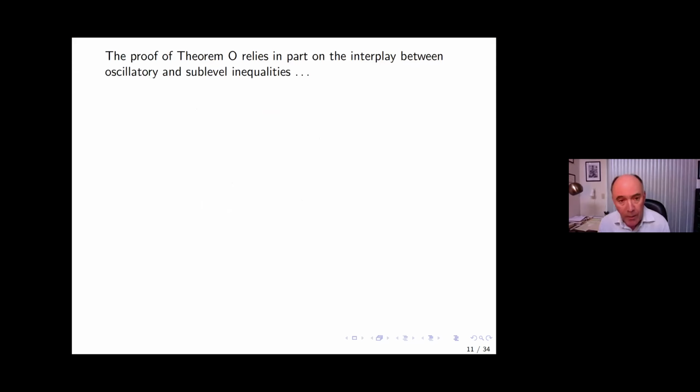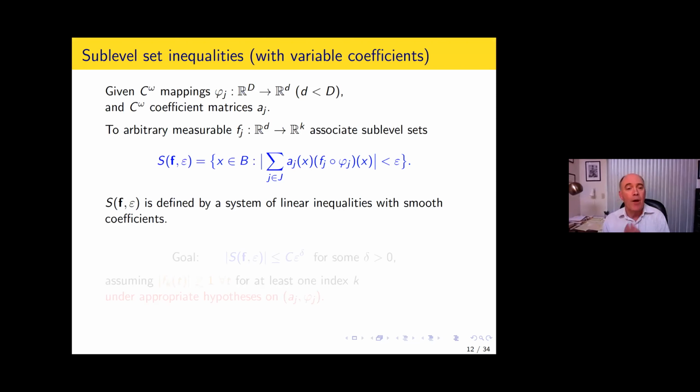Okay, the proof of the theorem, which I will try to outline in this talk, relies in part on the interplay between 2 kinds of inequalities, oscillatory inequalities and what I call sublevel inequalities. And so next I'll discuss a little bit sublevel inequalities. All right, so here's a formulation of sublevel set inequalities with variable coefficients,